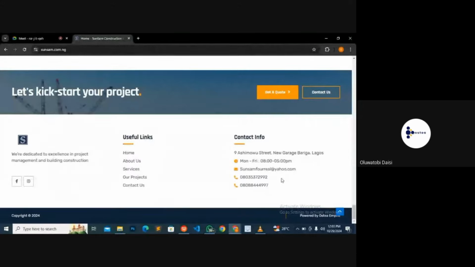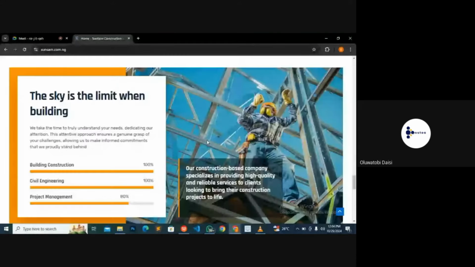This is not something that is static. Tomorrow you may want to build a website, and the useful links you have here will be something different. Be creative about it. Don't say useful links must be home, about, service or project. No, it doesn't work that way. Just be creative, depending on the kind of website you are building. I believe as time goes on, as we keep on engaging in the training, you will have better insight into what I'm talking about. So that's that about your home page.